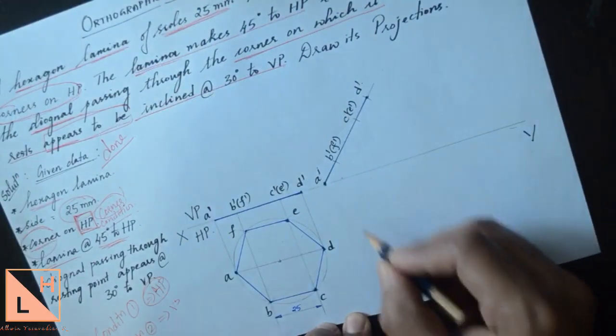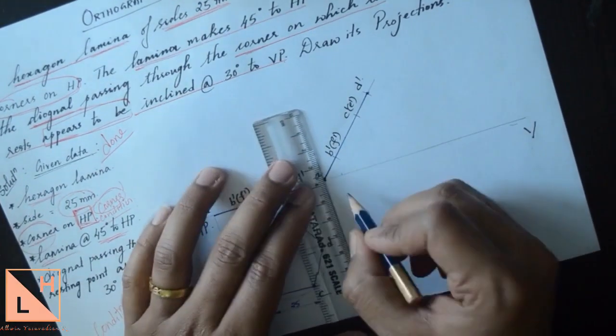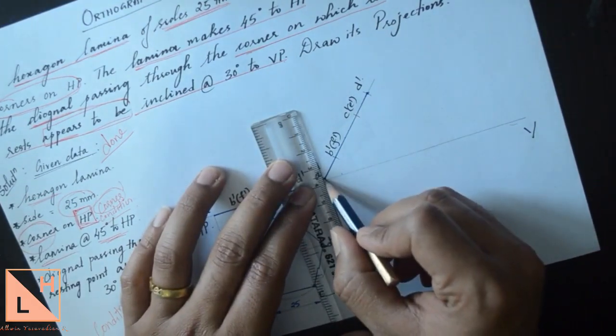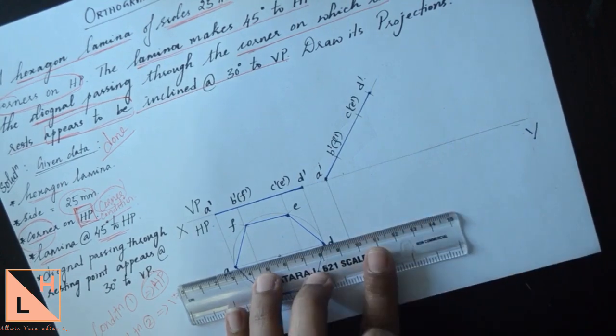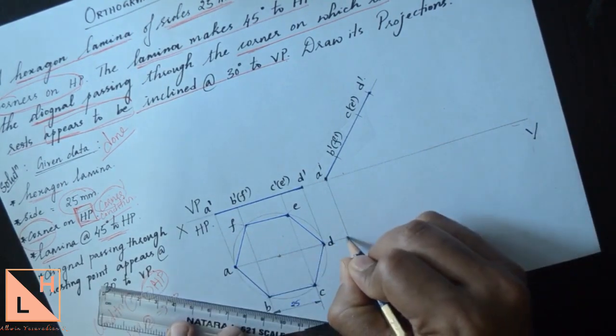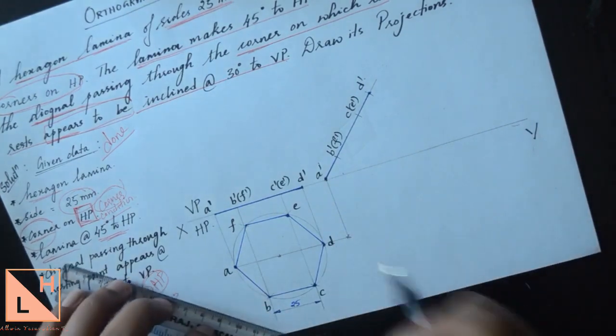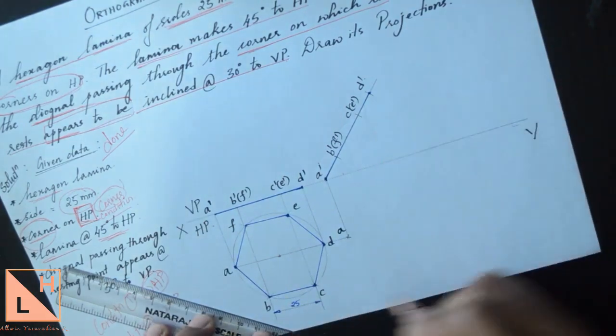Now to get the top view in the second position, again drop projection lines from the front view. You draw a line vertical from A dash till it reaches the horizontal line from A. This intersection of two lines will be considered as the new point A. You need to repeat the same for the remaining points.